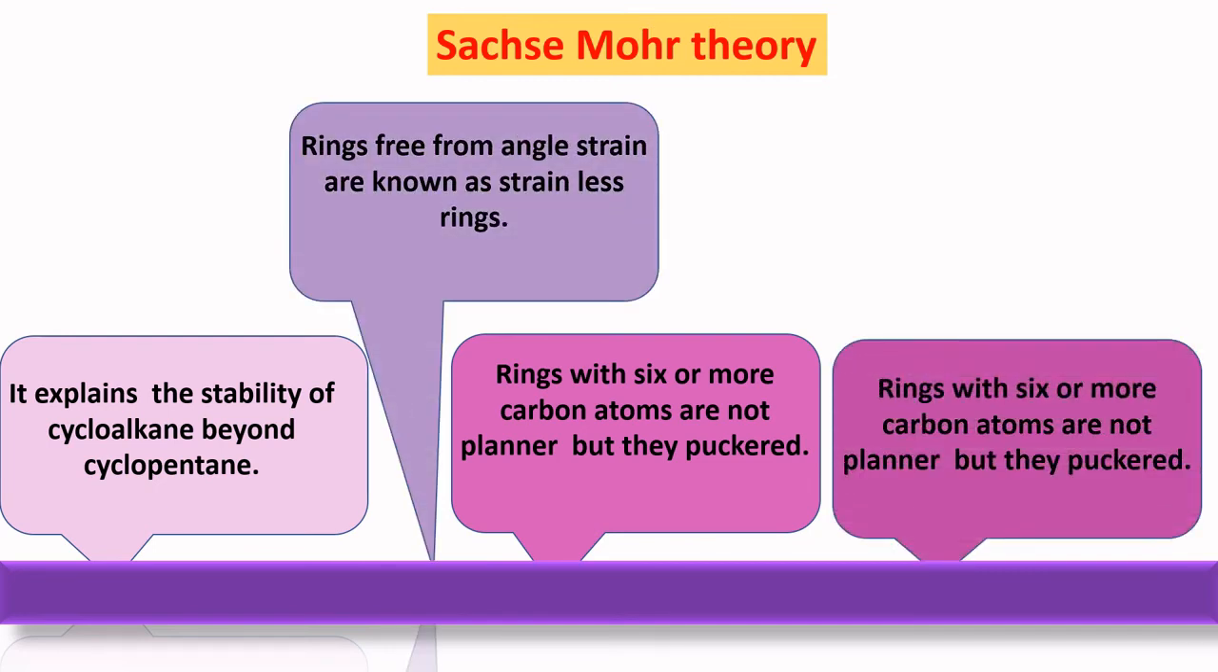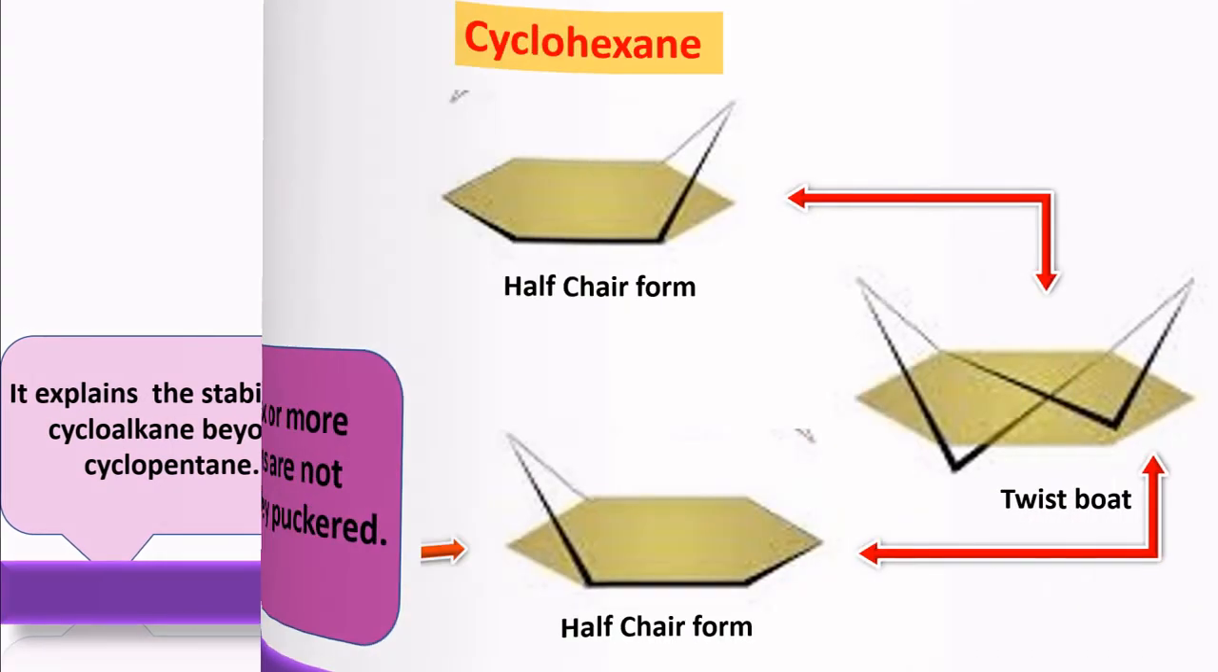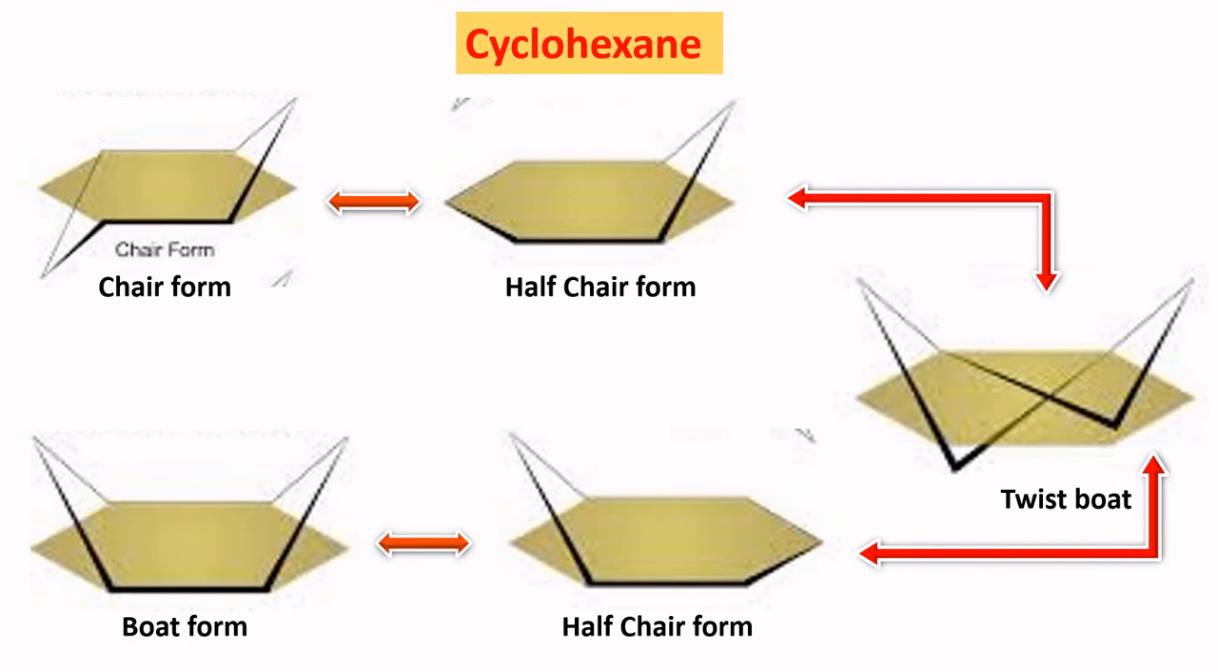Rings free from angle strain are known as strainless rings. So this is all about Baeyer's strain theory. If you look at cyclohexane, we would expect it to be in planar form, but in reality